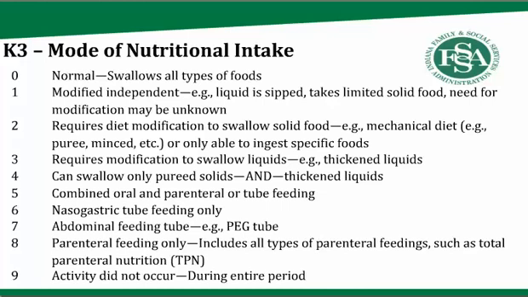Requires diet modification to swallow solid food, so this could be a mechanical diet, so it's pureed or minced, or maybe they're only able to ingest specific food. Requires modification to swallow liquids, so maybe those have been thickened. Can swallow only pureed solids and thickened liquids. They can have a combined oral and parenteral or tube feeding. Maybe they have an NG tube feed only, abdominal feeding tube, it could be a PEG tube,